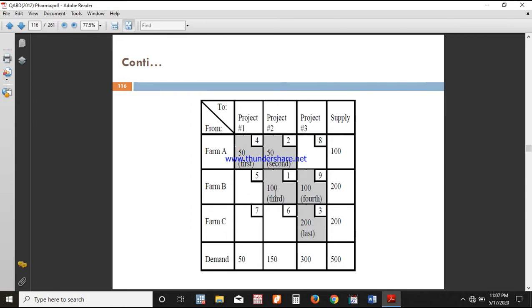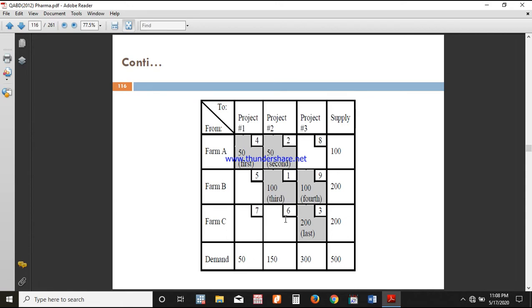Now the next northwest corner point is this one. Here 100 is left, therefore you can allocate this 100 here, this will become 0 and then this will become 100. The next northwest corner point is here, you can allocate this 100 here, and also this will become 200. This will be fully exhausted. Then the next one left is this one, 200. You can allocate, and finally all the supply sides and all the demand sides are fully exhausted by this transportation